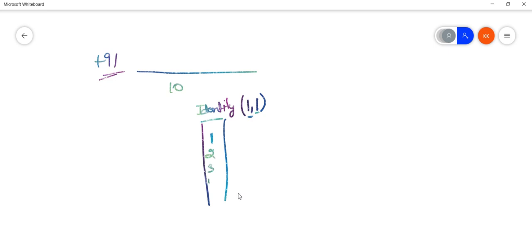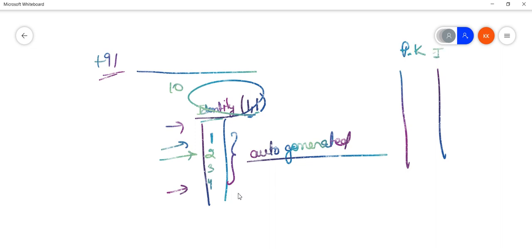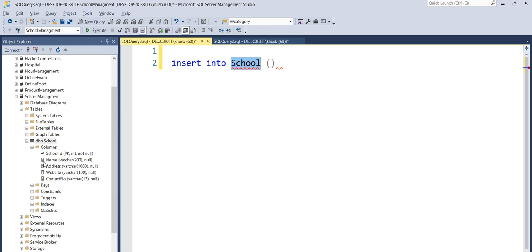So next will be 2, 3, 4. These values will be auto generated. We do not need to specify the values for the identity column. We make our primary key an identity mostly because a primary key should always be unique and not null, and this is taken care of by the identity. That's why we have this identity property in our school ID column.